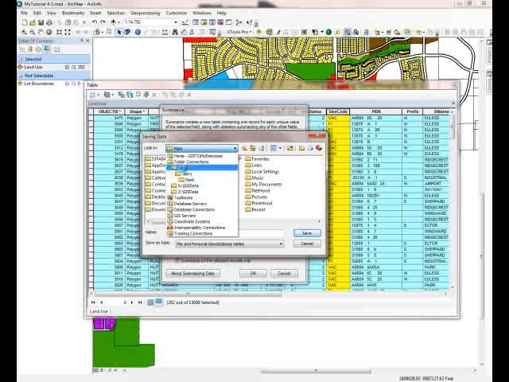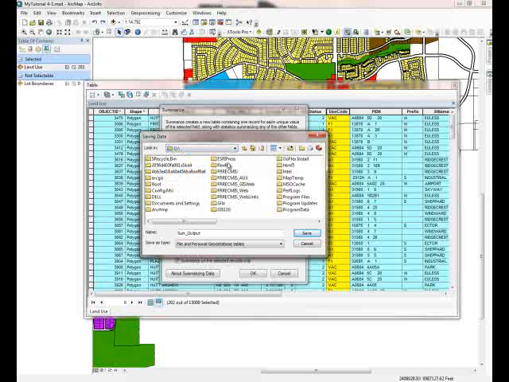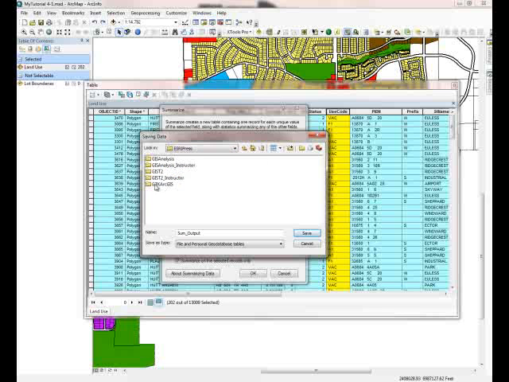Not our My Documents, our My Exercises folder. So we'll go to the Esri Press and the GIST2 and the My Exercises. And then it wanted us to put those in the land use summary. So we're going to type land use summary since we have a land use report,